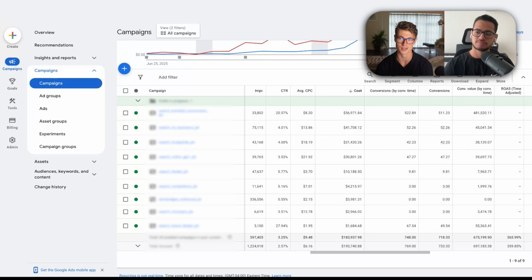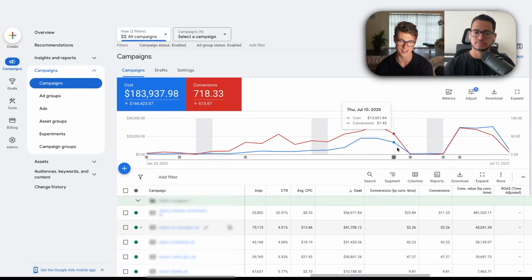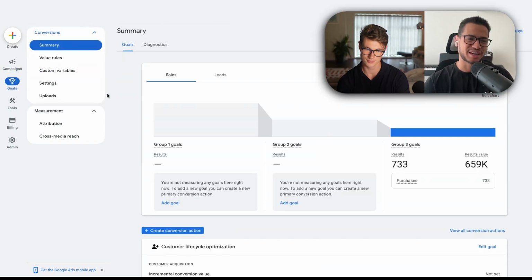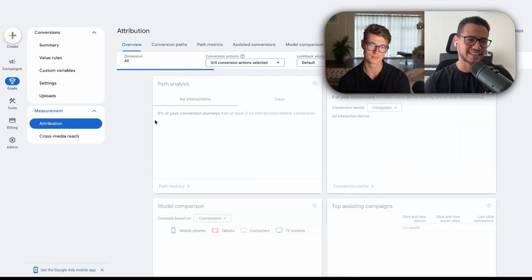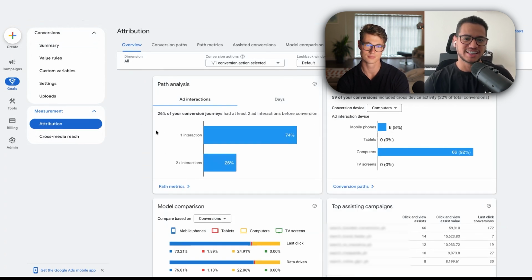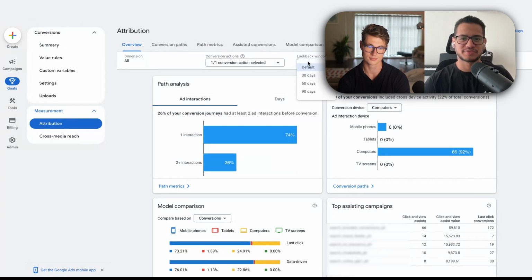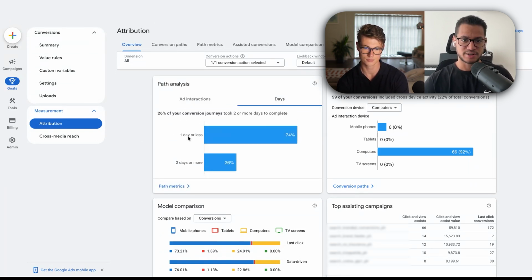But yeah, I imagine conversion lag must be a huge headache in this one, eh? Yeah, I think we do have some. Let's just take a look real quick. That's a good question. On the campaign sections, usually we don't get a good idea, but here it is. So for example, in this period, you've seen the default look back window, which on the conversion actions, we have it at 90, 30, 30. So for example, in terms of days,